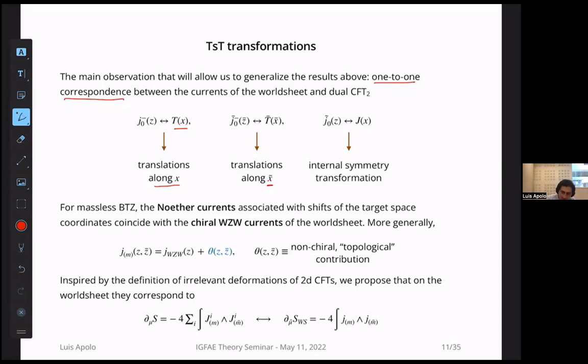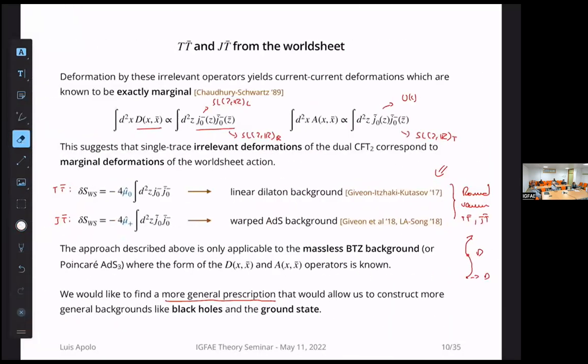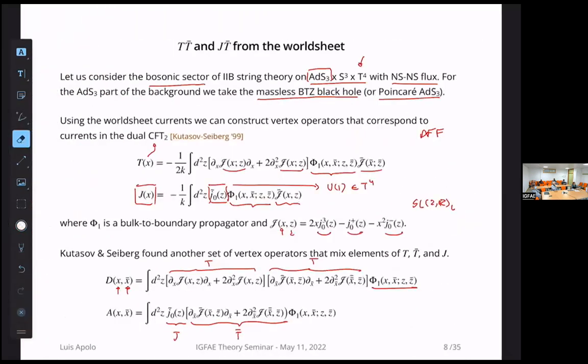And similarly, this current here generates translations along the internal manifold, and in the dual CFT, it generates an internal symmetry transformation. So here, what you don't have is the explicit expression relating those currents, like what Kutasov and Giveon and Seiberg had before, like an integral. Yeah, these ones here we don't have. Right, indeed, these ones here we don't have, and so that's one reason, and the other reason